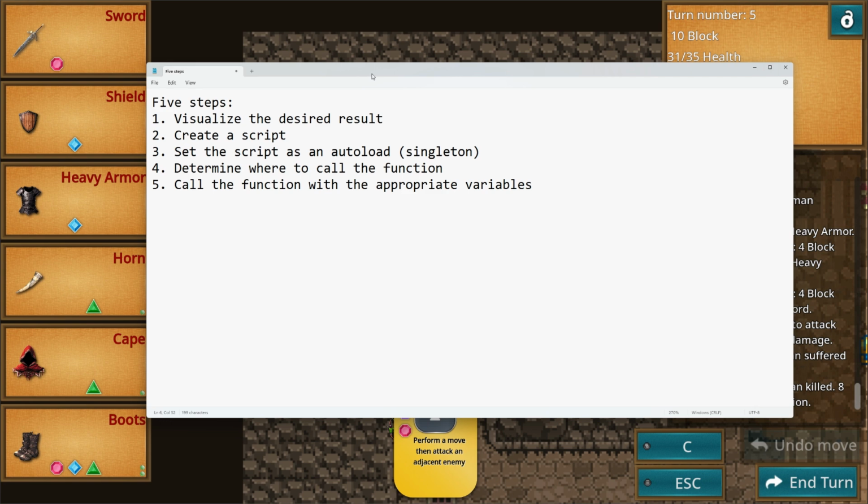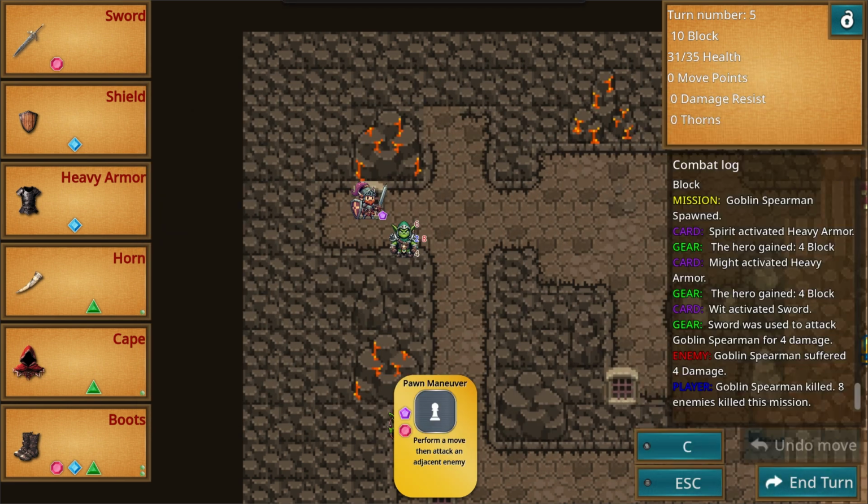Then we will create a script that actually creates the numbers, has them have the color, puts them in the right place, animates them a little bit, and we'll use a tween to do that. We'll set up the script as an autoload singleton. I'll show you where that can be done. Then the next step to implementing it is to determine where in the game that you need to call that function,